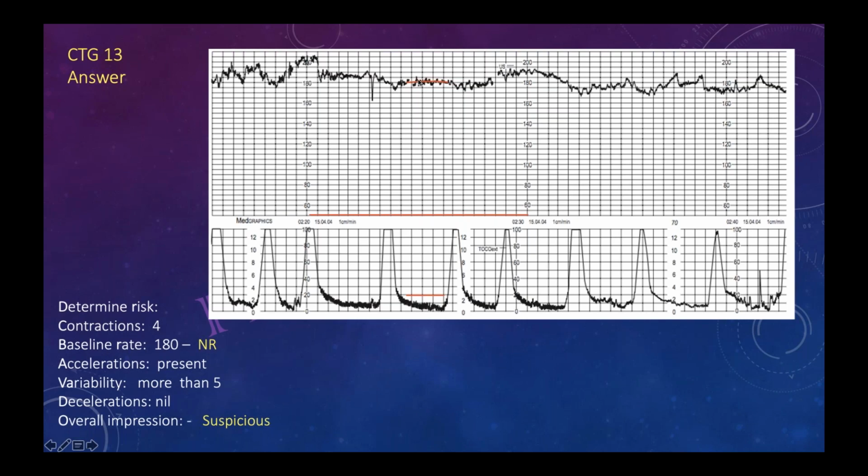But here, it could be because of some maternal pathology, maybe hyperthyroidism or something. Because still, the NICE guideline also says if the acceleration is present and variability is reduced, then the CTG is normal. Yes, acceleration is there, so we will not do anything. Maybe some surrounding situation is going on that has to be corrected. Okay, but if you have to do category,